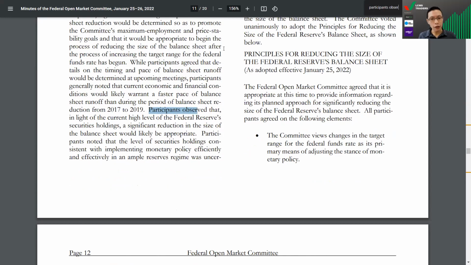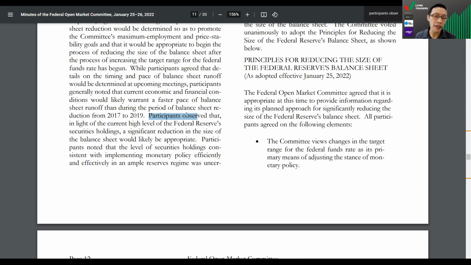So as we all know, the quantitative easing bond purchases under the QE program will be ending in March. So the next move will be, when will they start unloading the bonds, aka selling back the bonds to the market, or maybe to stop carrying out any reinvestment of the maturing